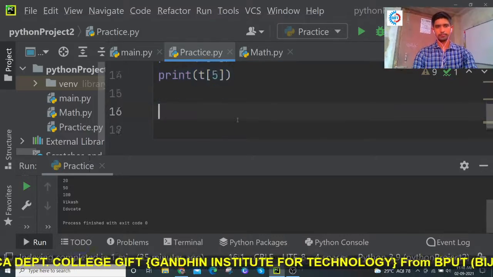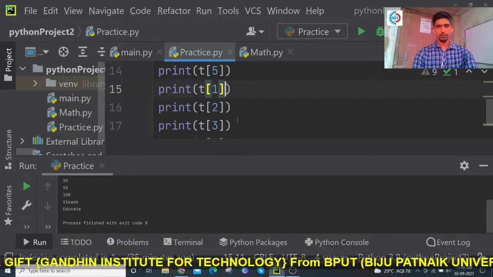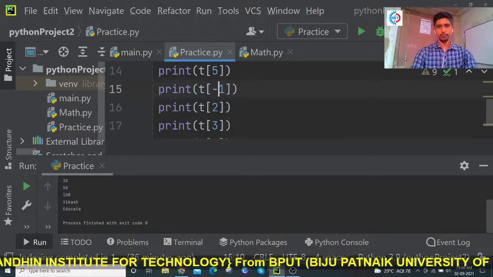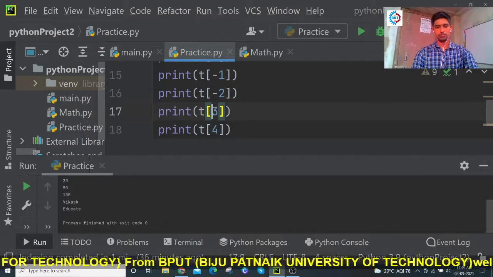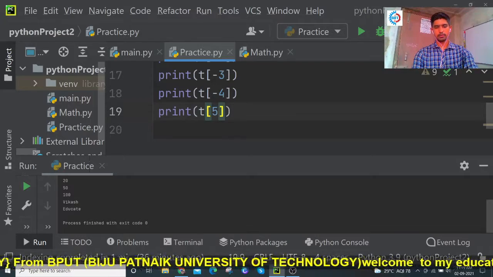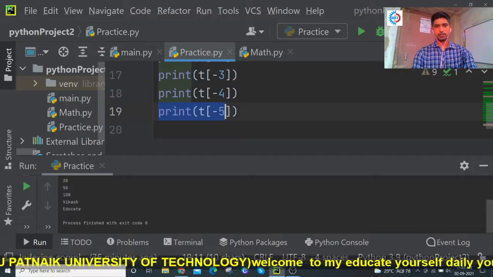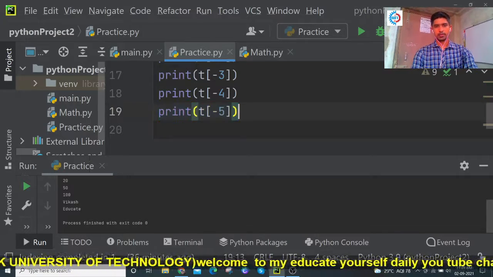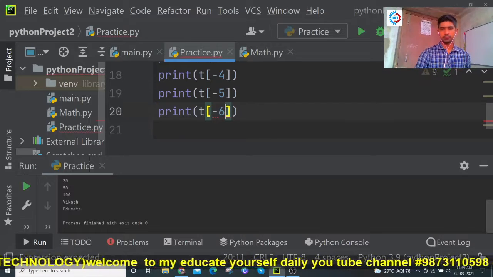I will copy and paste here. This is -1, and the last is -6.